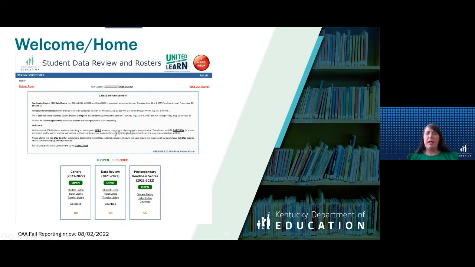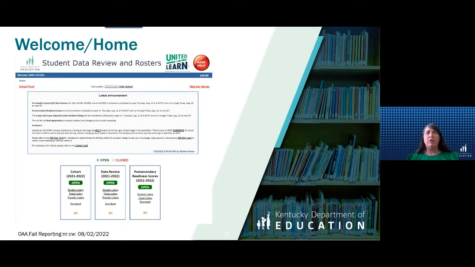That Sandbox is for you, but I do want to caution you: if you are a district assessment coordinator doing trainings in the Sandbox, you only want to train individual schools, because it has students in there for particular schools.